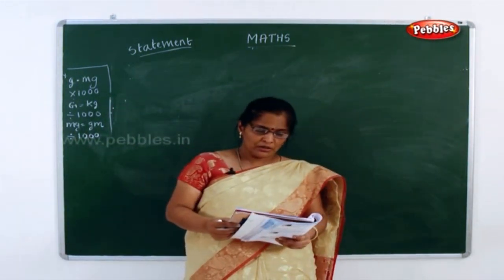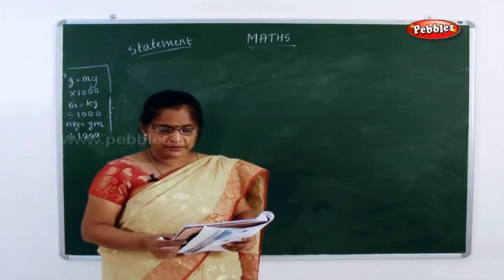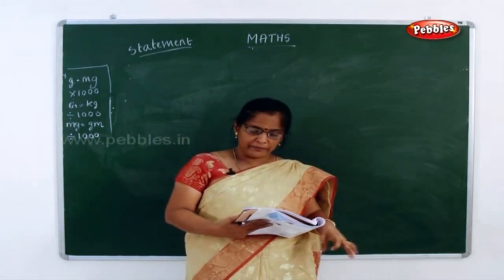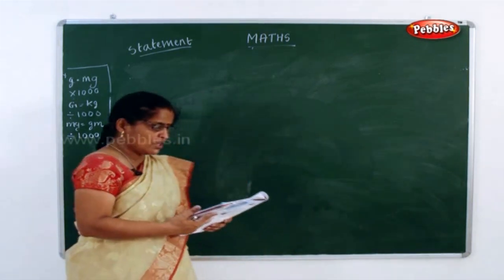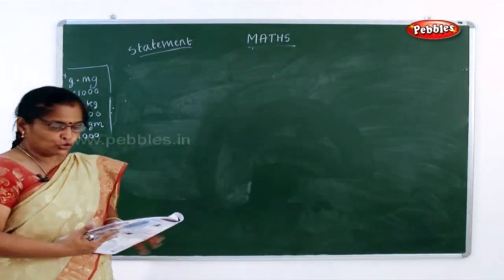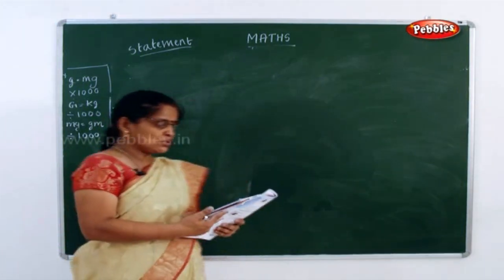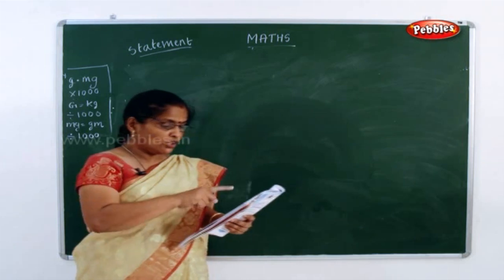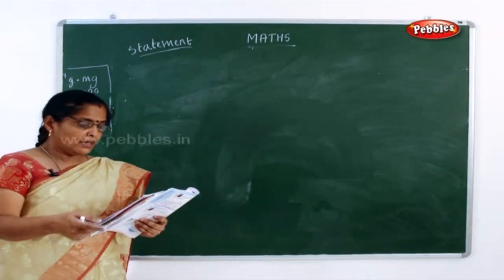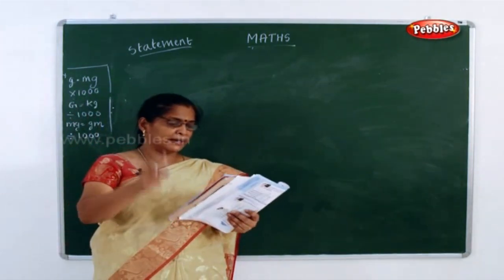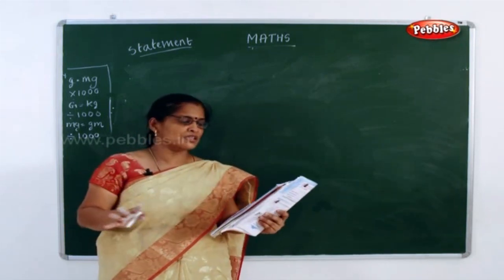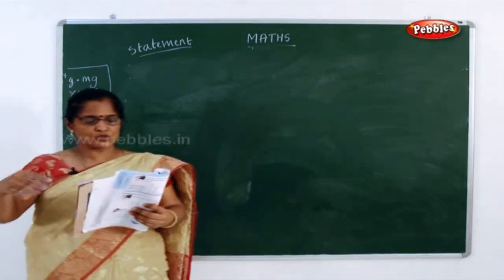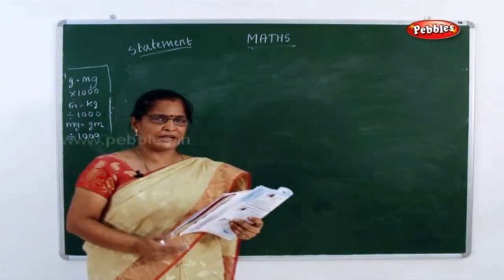In a shop, the weight of available tamarind. They are telling, in a shop the available tamarind is 275 kg and 750 gram. So 275 kilogram and 750 gram is available there. Now he sold 87 kilogram and 800 gram. So he was having 275 kilos and 750 gram in the shop. From that he has sold 87 kilo and 800 gram.